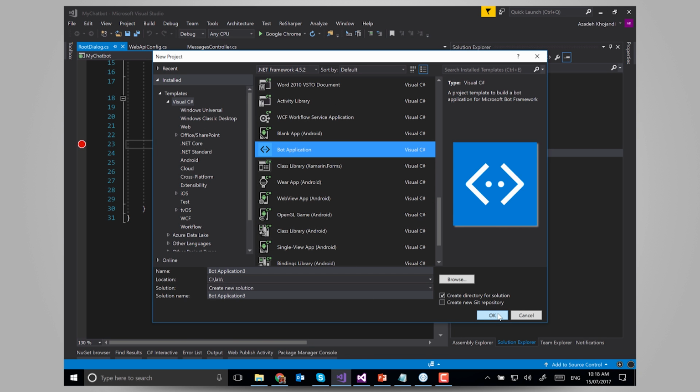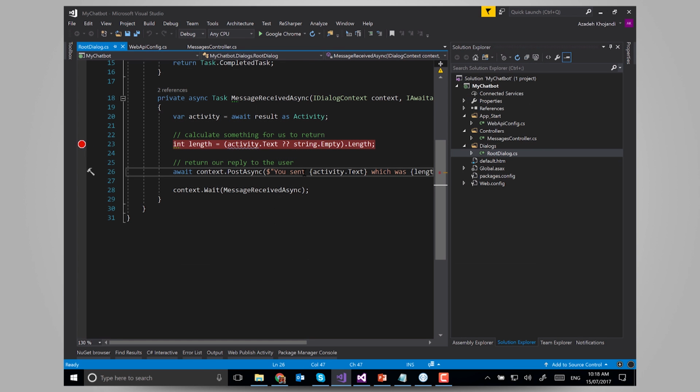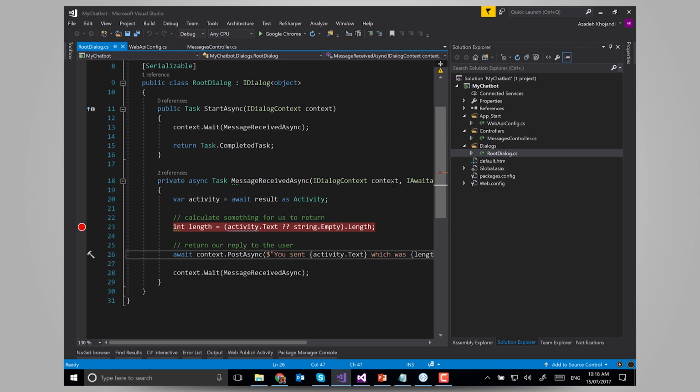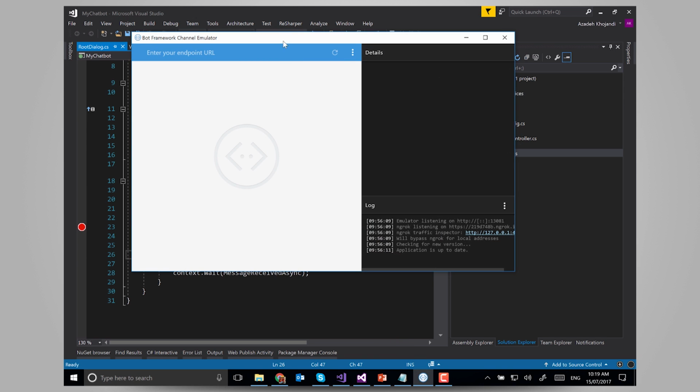To save some time, I don't create it. I already created it, but I haven't changed anything, so it's exactly the same as what you get when you press OK. As you can see, it's nothing more than a web API application. And let's see how easy it is to test it with the Bot Emulator.